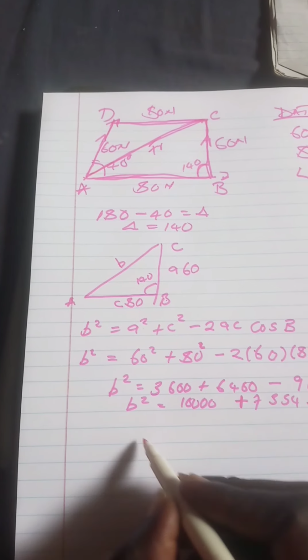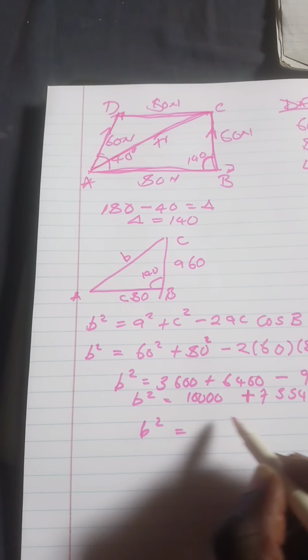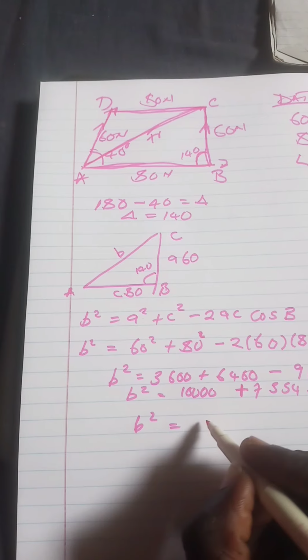Then b squared is equal to 10,000 plus that is